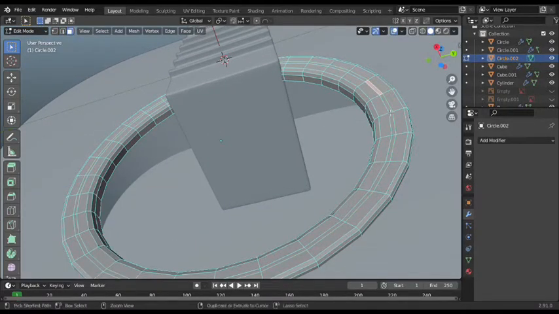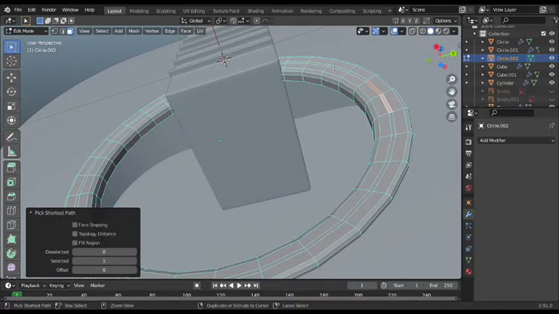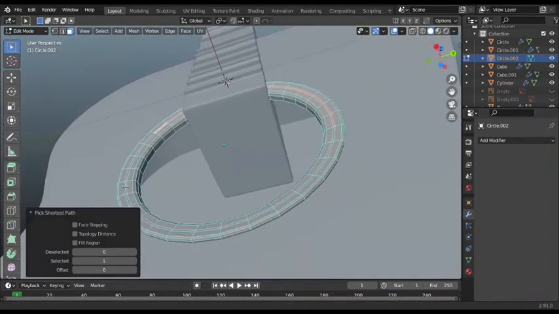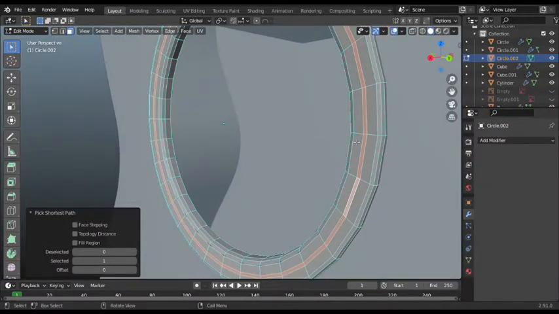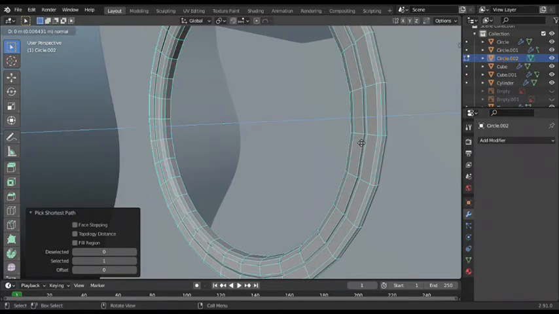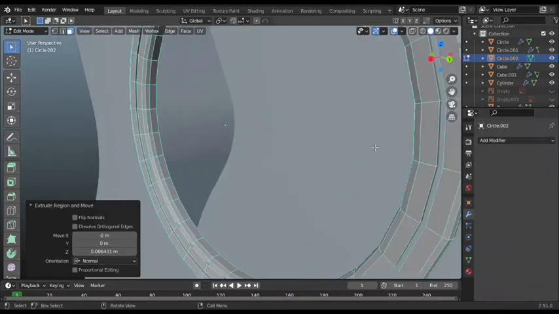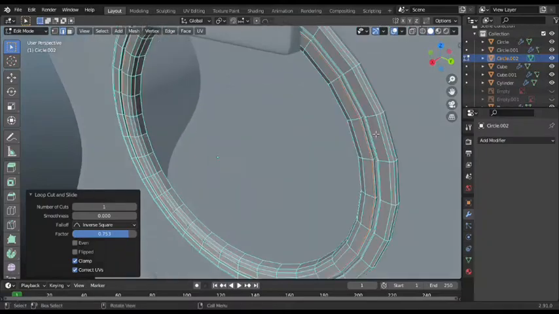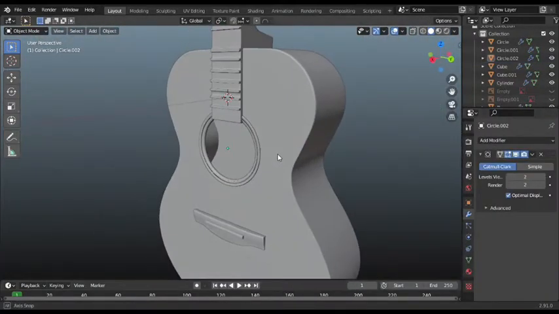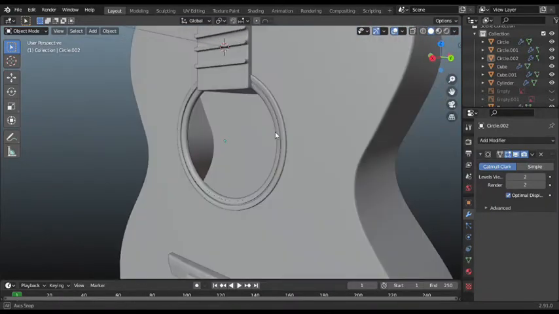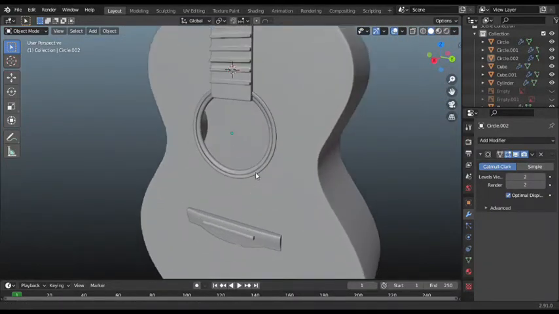I'll press Ctrl directly and click on the middle edges to select the entire ring, because Alt is very boring and time consuming. And press E to extrude, and yeah, just like that. Giving it a minimalistic look, I guess it's very good rather than exaggerating the things. Okay,